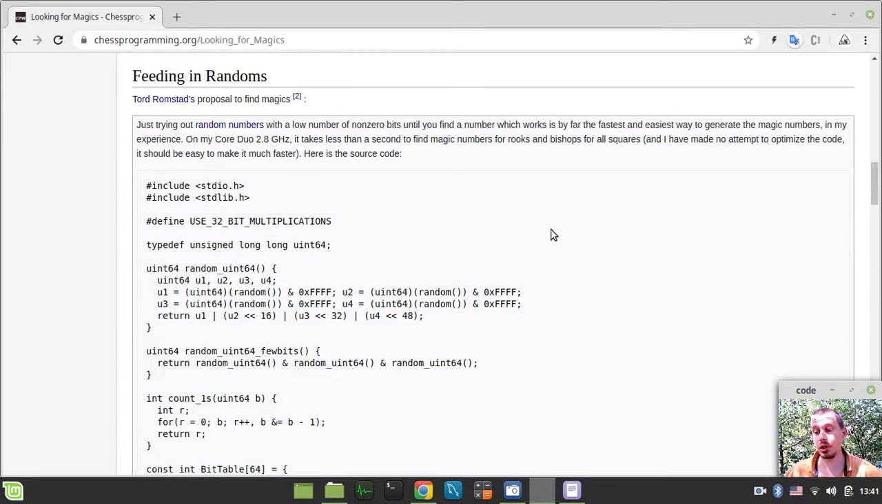In this video we're going to implement a couple more randomizing routines in order to eventually generate the candidates serving as the magic numbers, and we would be using those candidates within the routine to generate the magic numbers for magic bitboards. So in order to approach it this way, I would like to reference